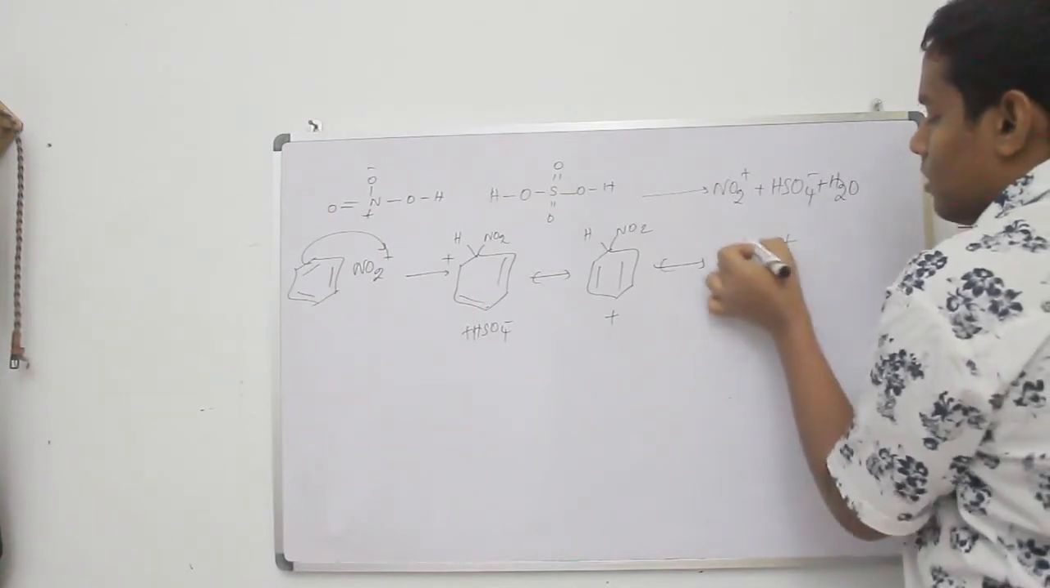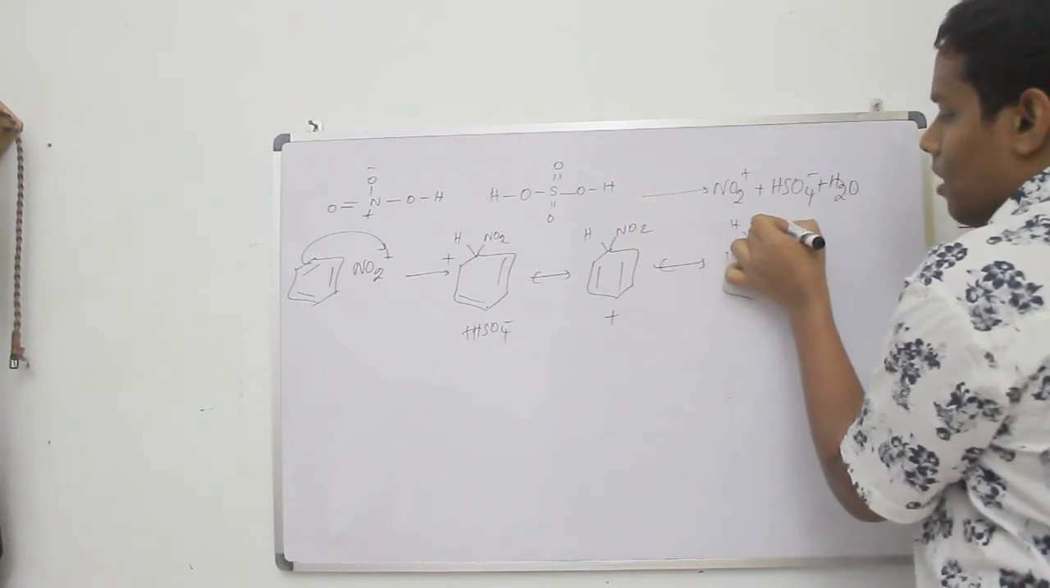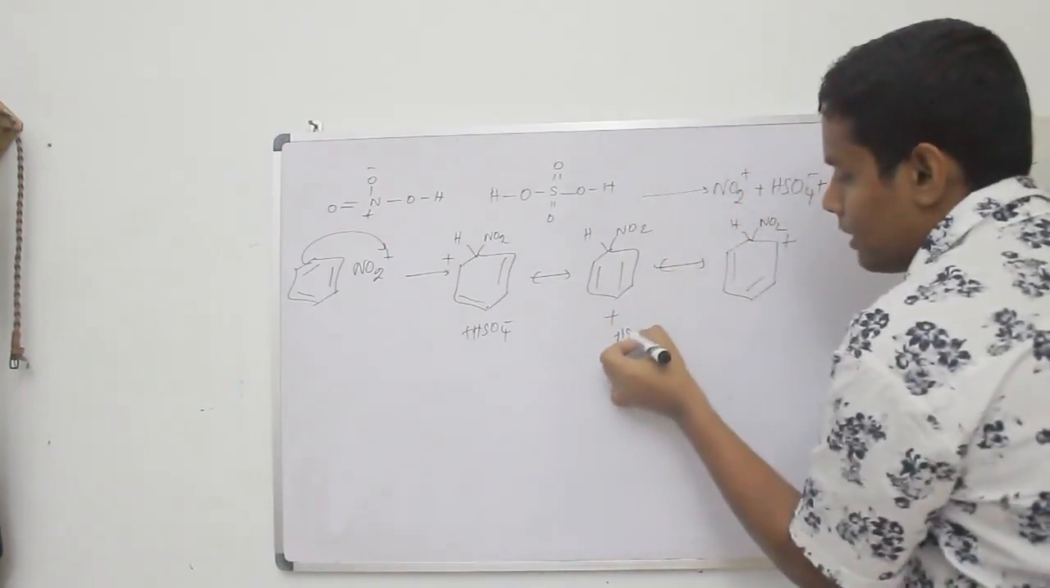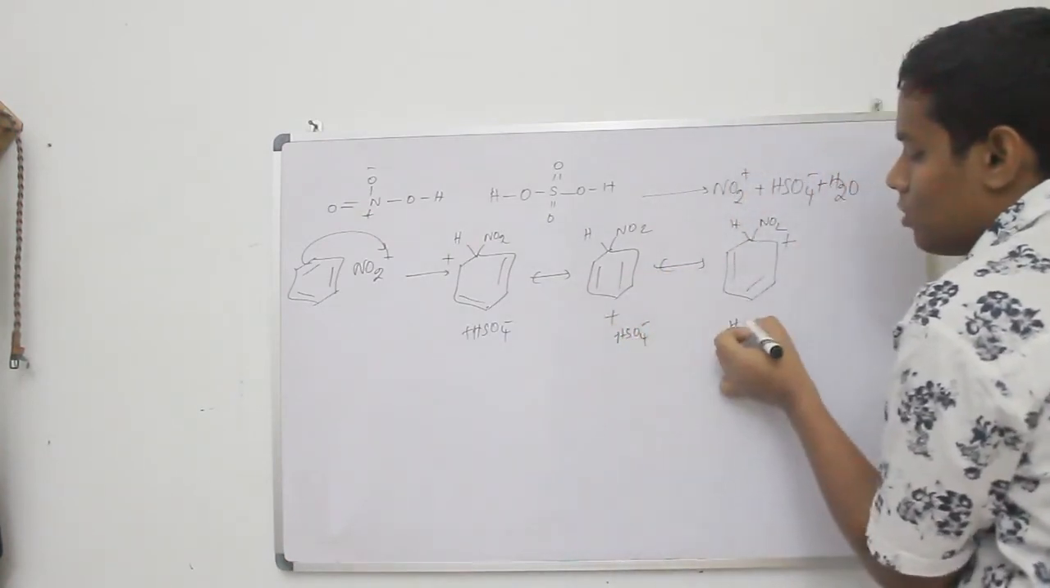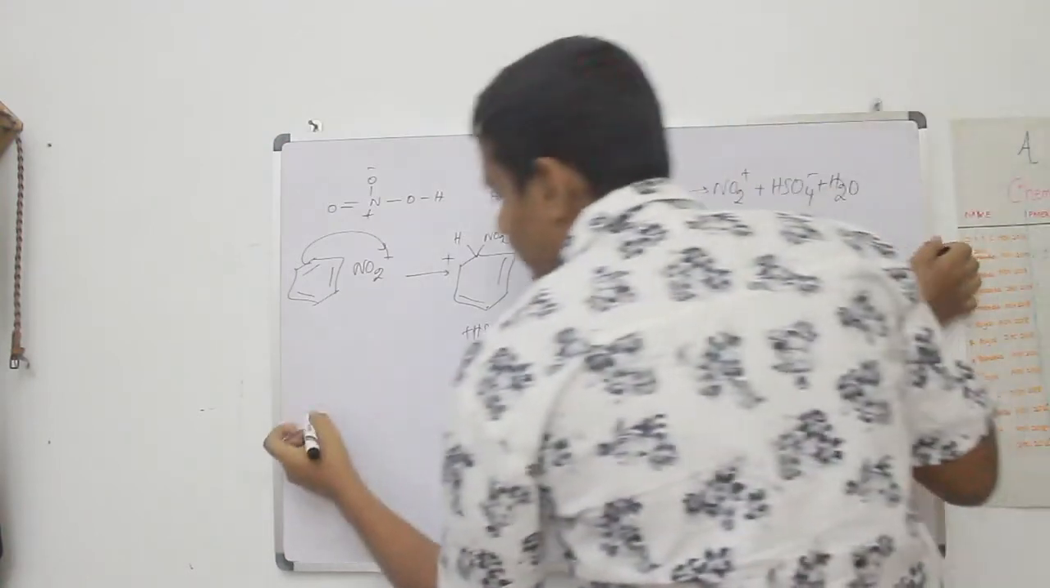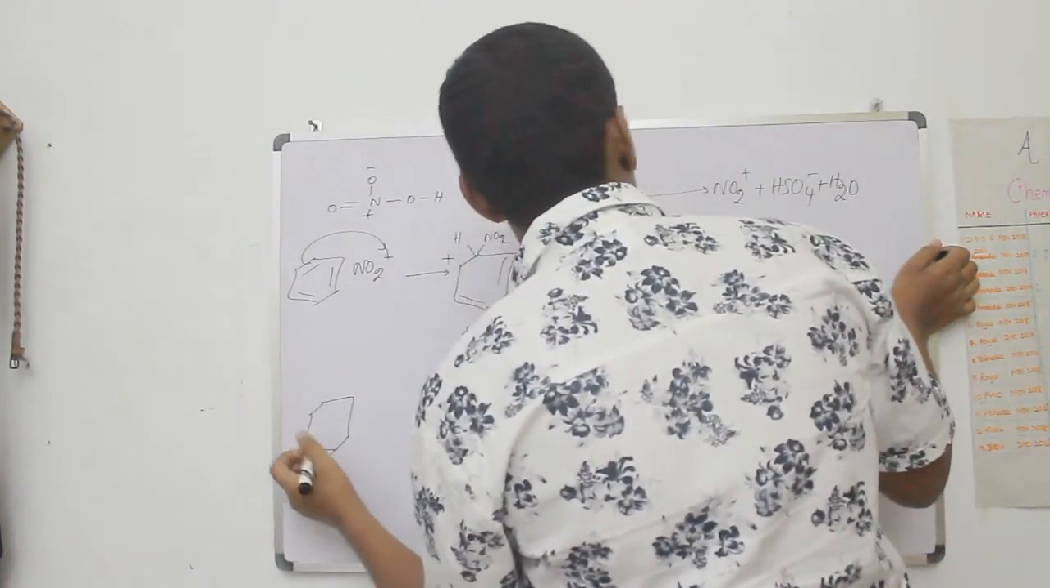Final resonance structure is this. Now what happens? Here also you have to write HSO4 minus. Here also you should write HSO4 minus. Then this structure,